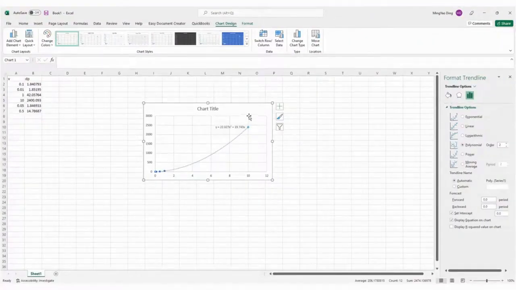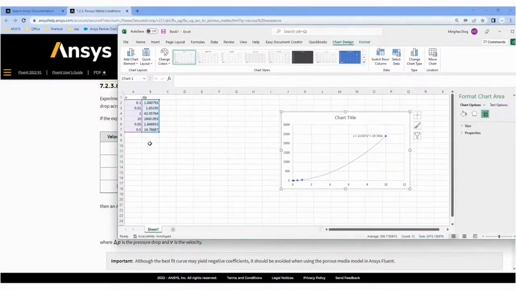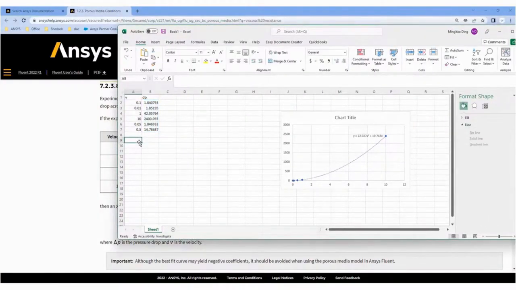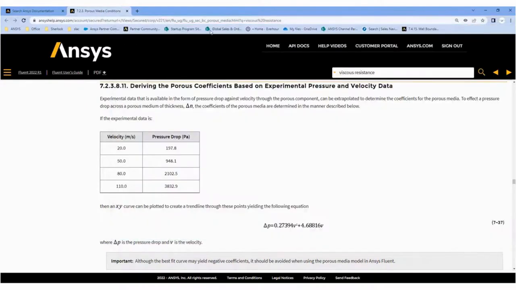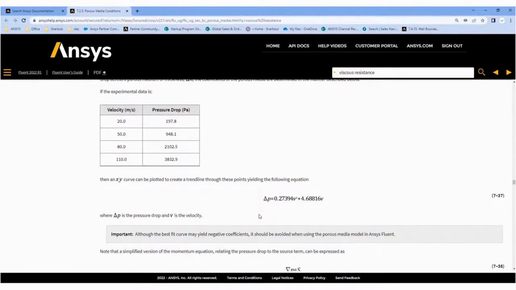Okay. So the two values I have here are 22.027 and 19.743. If we look at the equations derived here,